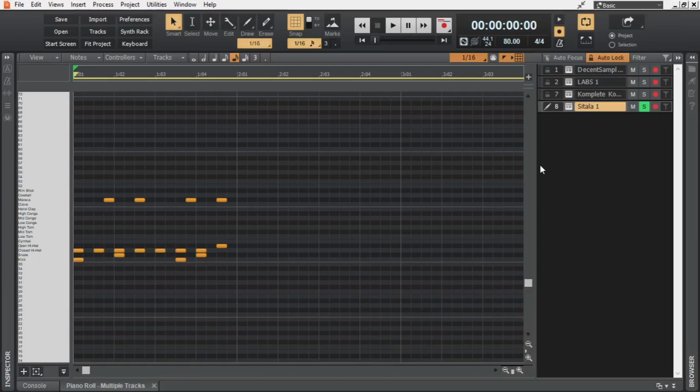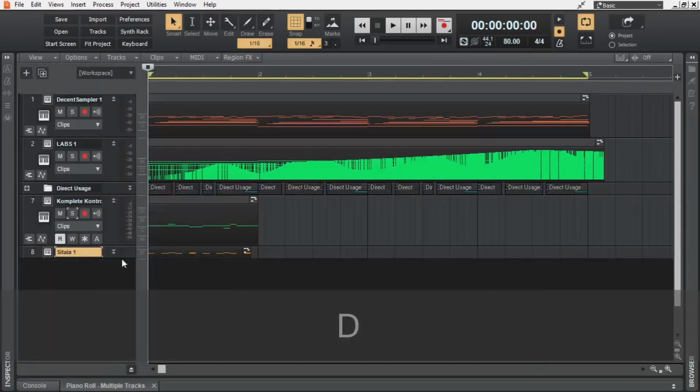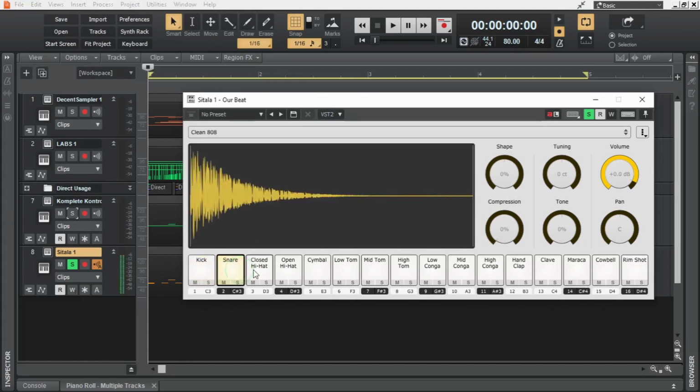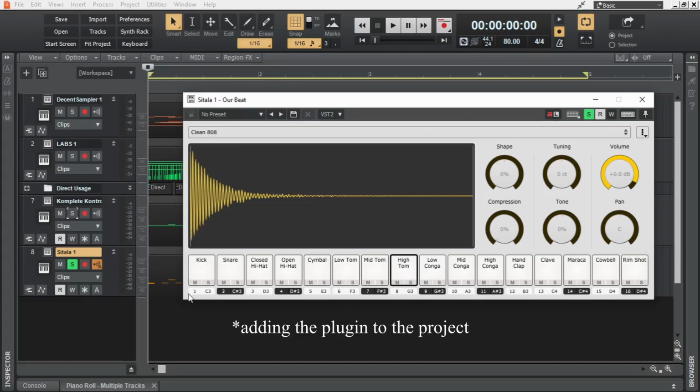And yes, it is much more fun to use the step sequencer for this. But before going into the step sequencer, we need to fix a small problem. And that is, the output of all these pads holding different samples is coming through this single track. This setup is not at all favorable for mixing because different samples might need different kind of processing. Some might need a specific level of reverb, some might need delay, and some others might need saturation. It is possible to fix it here itself, but I think it's better to do that while adding the plugin